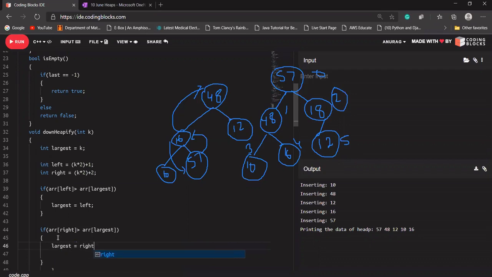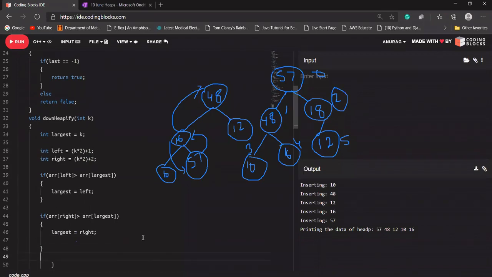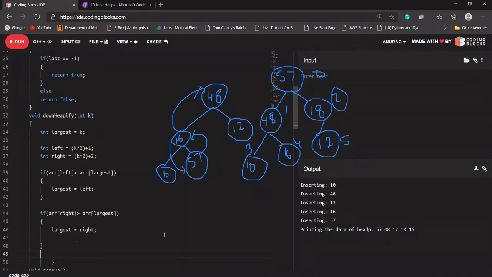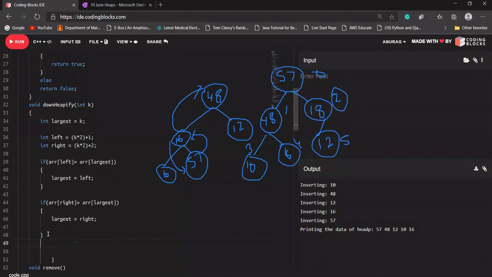So what we'll get from this is the index. Let's do one thing. First we'll compare array left and array right, then we'll compare the result with the parent. Yes, you can do that as well. Means within its parent and both of its children, we are just checking which one is the maximum value, and we are trying to get its index. You can do this as well, what Danny is saying.